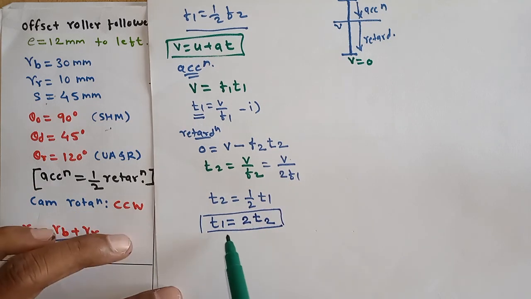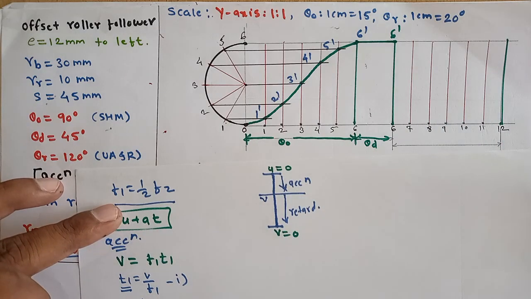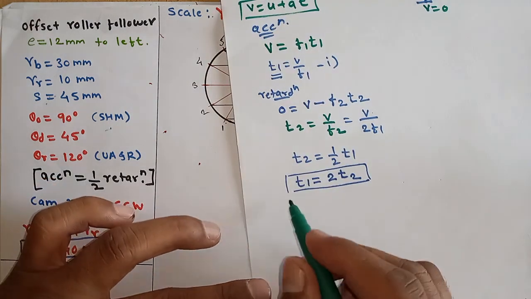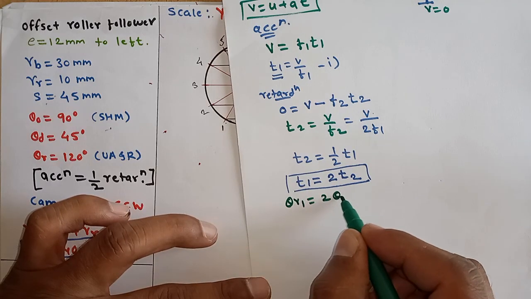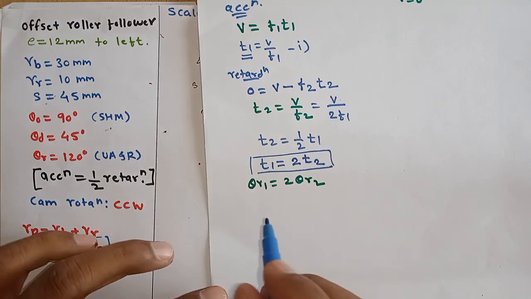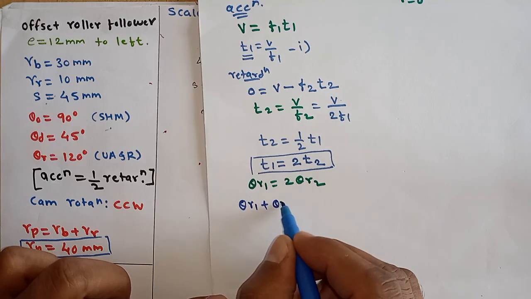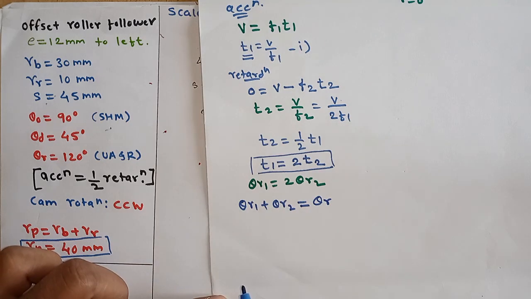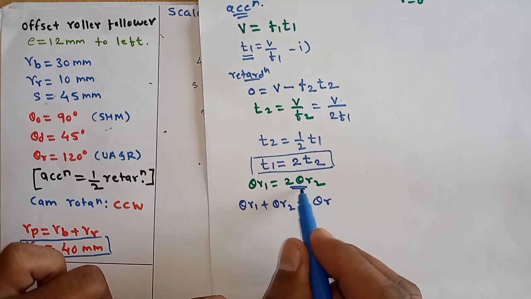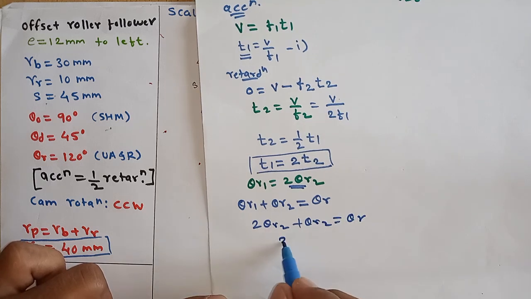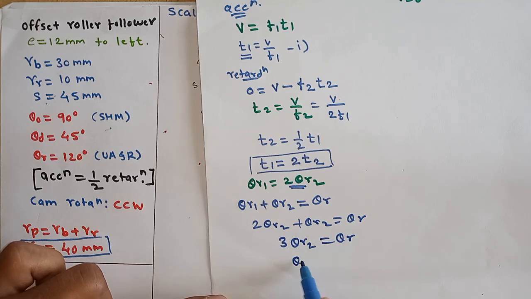We know that in the displacement diagram the x-axis represents the cam rotation angle theta or the time. So we can write theta r1 is 2 times theta r2. The angle turned by the cam during the acceleration period is 2 times the angle turned by the cam during the retardation period, and theta r1 plus theta r2 is the total angle theta r turned during the return stroke. Substituting, we get twice theta r2 plus theta r2 equals theta r. So 3 times theta r2 is theta r, so theta r2 is 1/3 of the total return stroke angle,